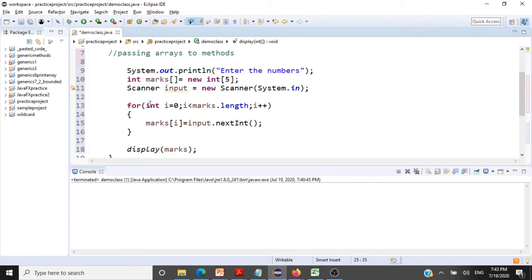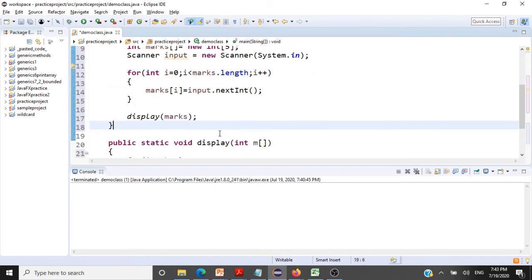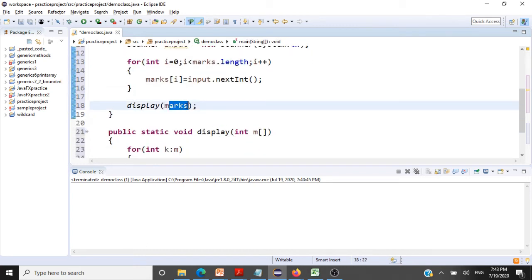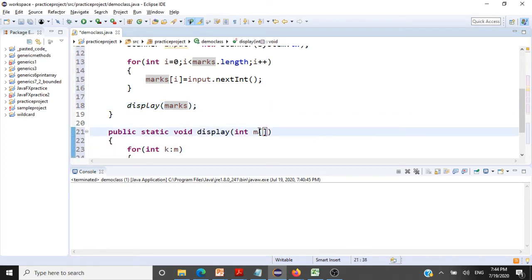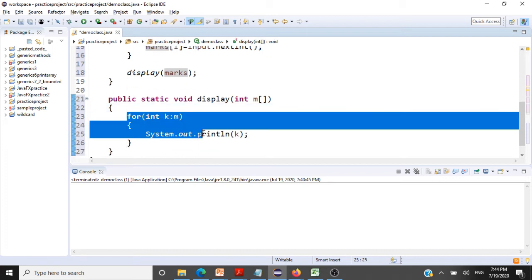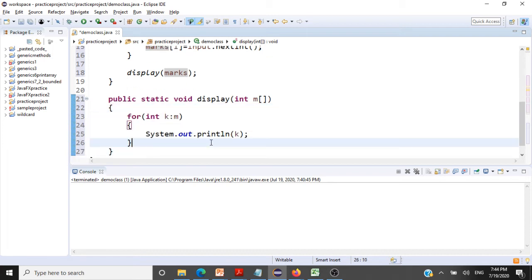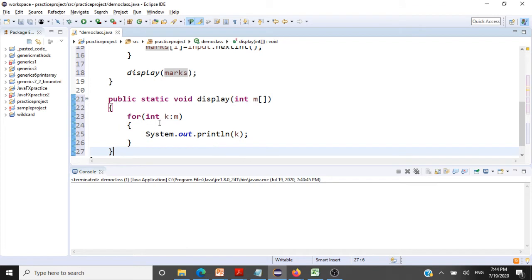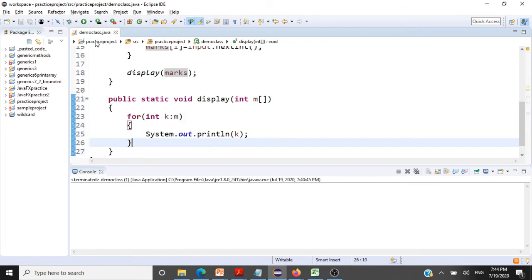So what we are doing here is reading 5 elements, calling a method, and passing the array. We just use the array name here. Normally, students used to give this. Don't do that. It becomes an error. So you give the array name, and while you're receiving the array, you have to mention two square brackets to say you're getting an array. And you use any loop here. I'm using an enhanced for loop to print the array back to the user. Let's save this and run this one.